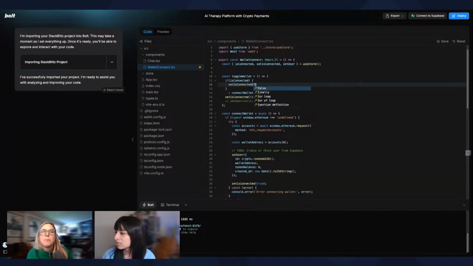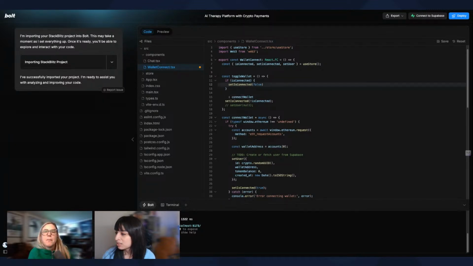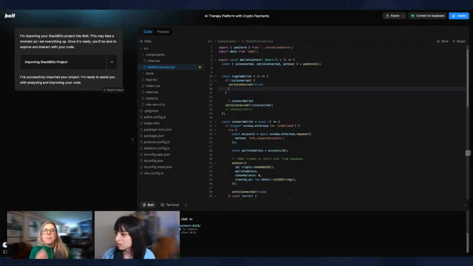If it is connected, then we're going to disconnect it. So this disconnects the wallet, right? If it is connected, then we disconnect it. And then the other thing that we did was we set the user null right here.